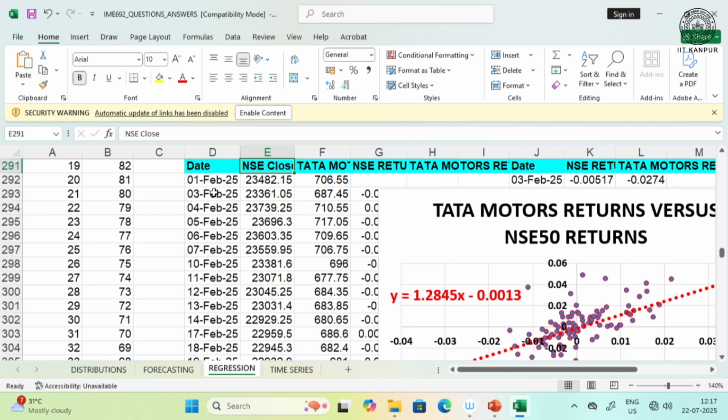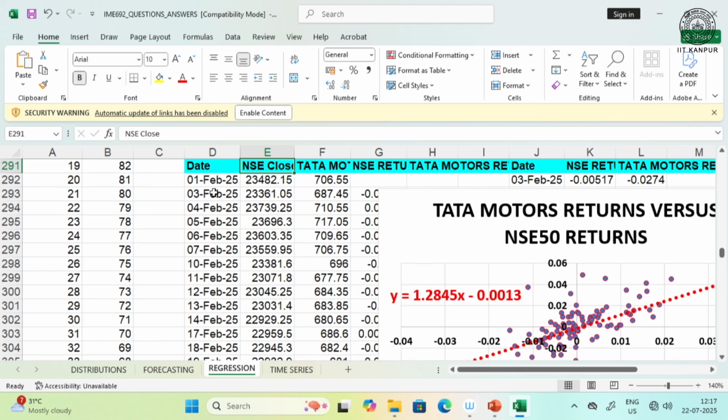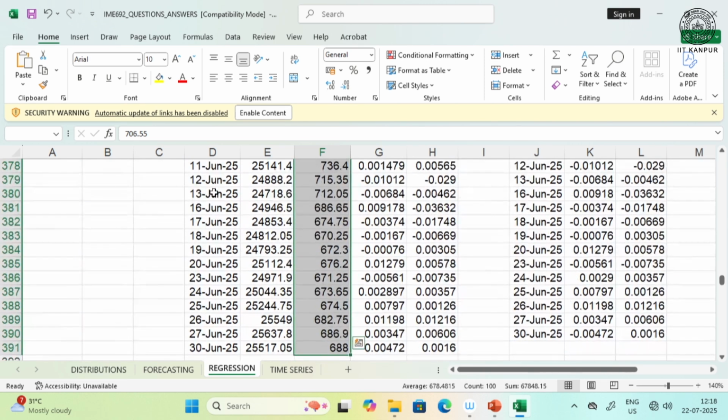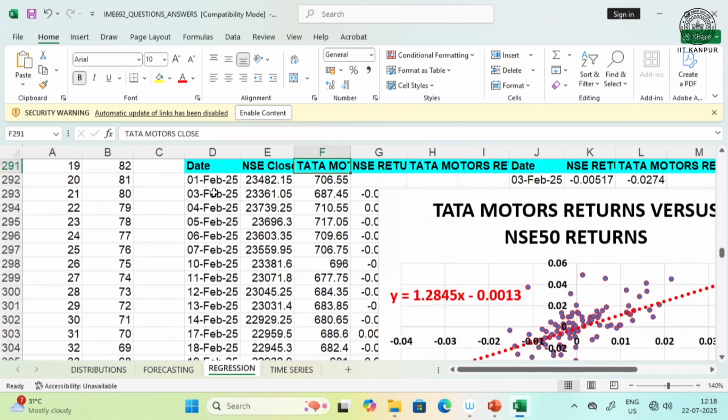The NSE, now by the way, the prices for any stock include an opening price, closing price, maximum value, and minimum value. We always take the closing price because that gives us the maximum information pertaining to how the stock or the portfolio is behaving with the market. And also we have the Tata Motors prices starting from 706.55 and the last value, which is for 30th June, is given as 688. Now, we convert them into the return, and if we remember, the return can be calculated by